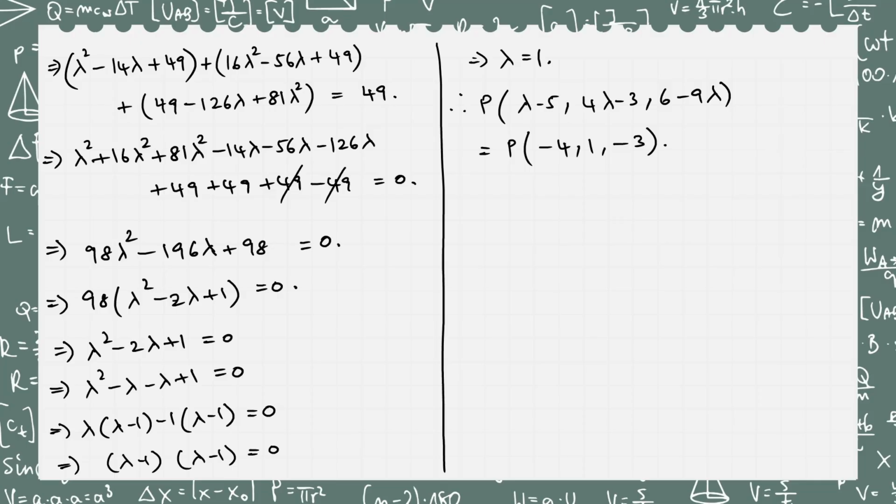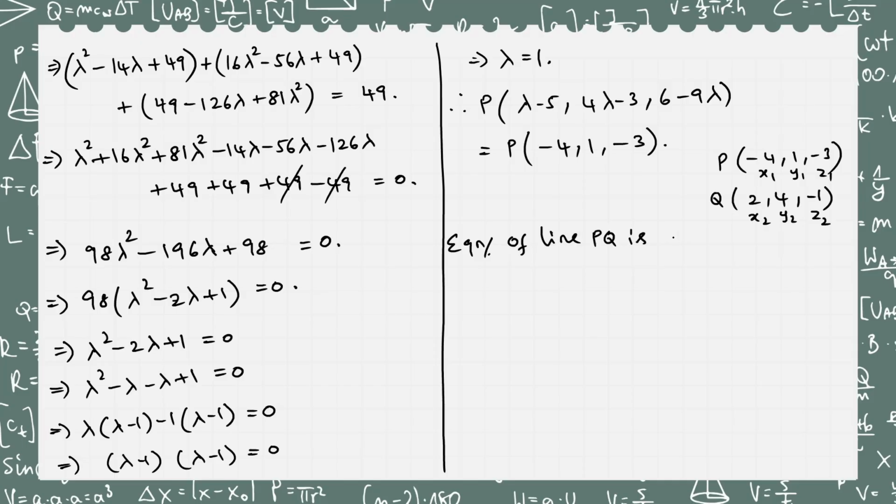They are asking for the equation of the line passing through PQ also. So point P is minus 4, 1, minus 3 and point Q is 2, 4, minus 1. We can take one of the points as x1, y1, z1 and the next point as x2, y2, z2. So the equation of line PQ is x minus x1 by x2 minus x1 equal to y minus y1 by y2 minus y1 equal to z minus z1 by z2 minus z1. That is